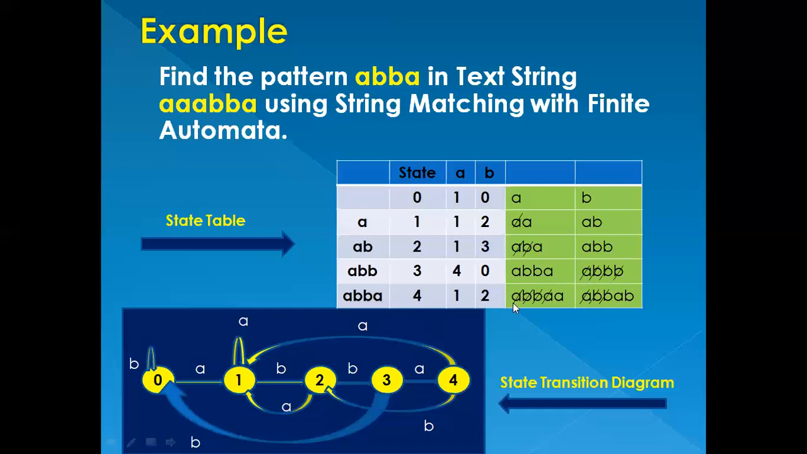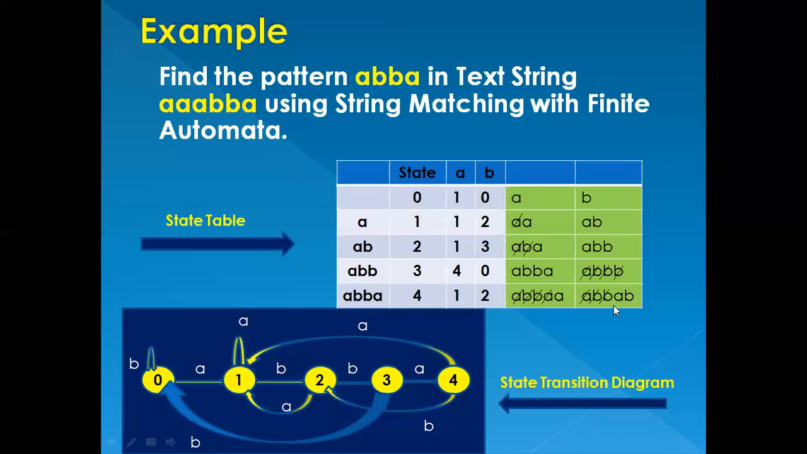You keep cancelling from the left one by one. You cancel A, what you're left with is BBAA. You don't have a state like that. Again, cancel one, so you're left with BAA. Again, you don't have anything like that, so cancel B again. You're left with AA. Again, you don't have a state like AA, so hence you're left with A, which is